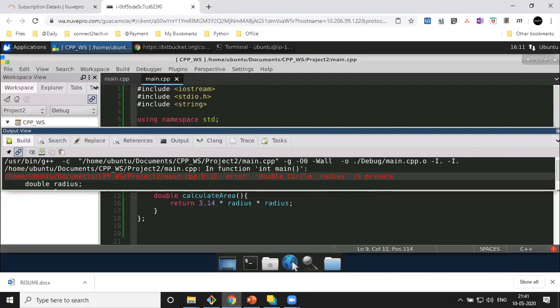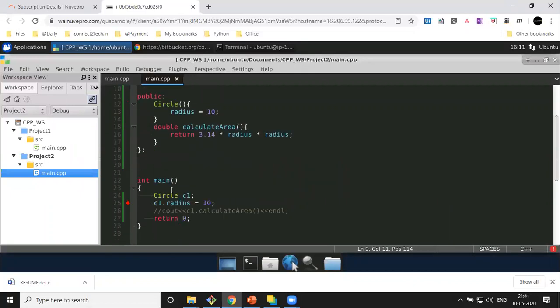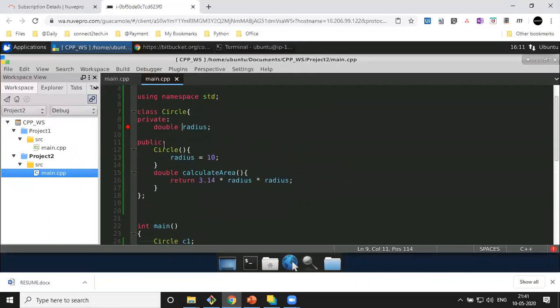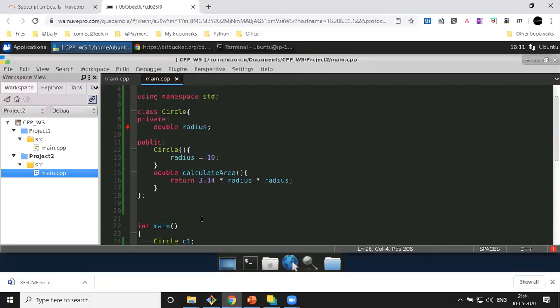That means it is not accessible outside the class. So basically here we are trying to see that a public member is accessible outside the class, but a private member is not accessible outside the class. So I will comment this again as this does not work, and I'll uncomment this. And this is the concept of access modifier in this case for private and public for a given class.